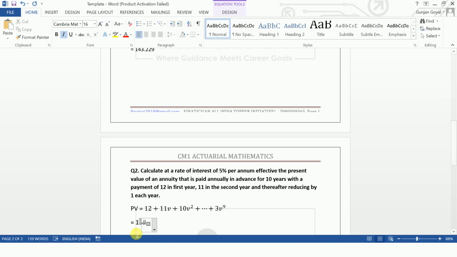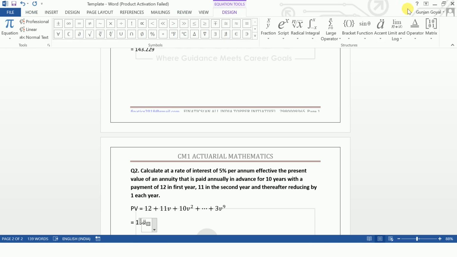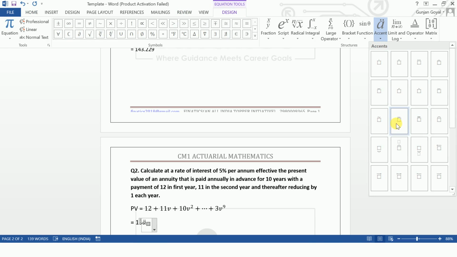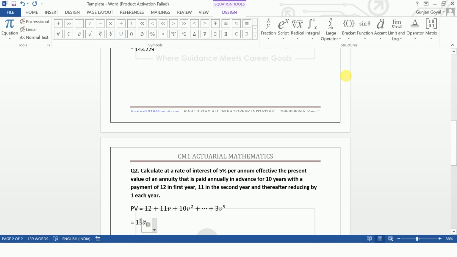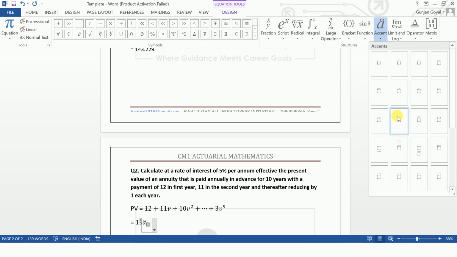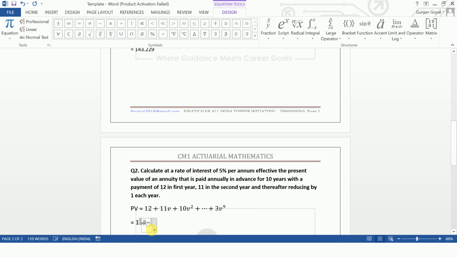Now come to this. For this you need to have this bar sign on top. It is the 10th value from here. You can select this bar and then write N, and give a pipe, the next pipe, which is on top of your enter key on the keyboard. Then minus, and then we have the Ia-due sign. So I'll write I and again insert the a-due sign.